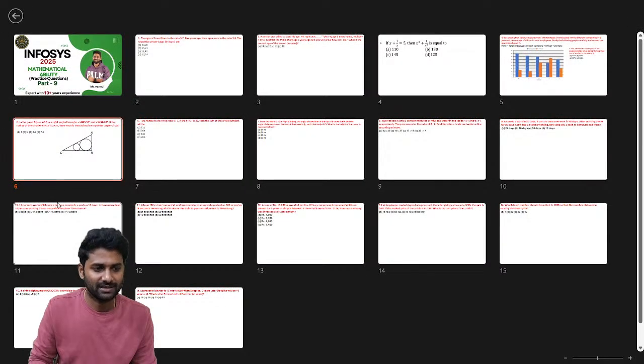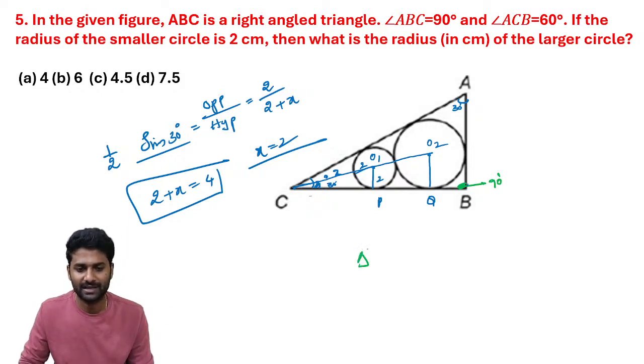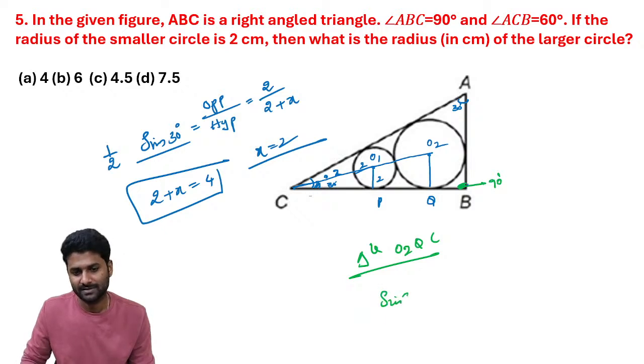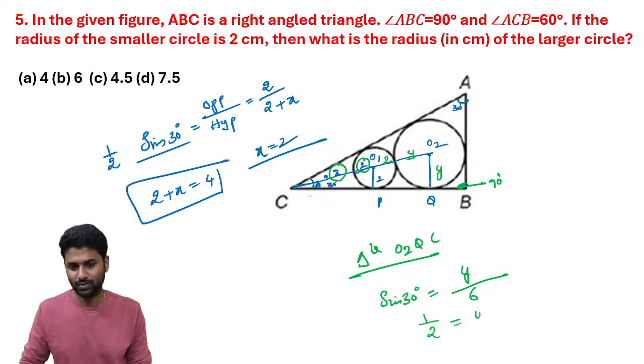Let's go for another triangle, triangle O2QC. Again see, sin 30 degrees is exactly equal to... So this is x, this is 2, and this is 2. Let's say this is y. Now the total value, from here to here, is y. So y divided by, you know that x value is equal to 2, 2 plus 2 plus 2 is equal to 6. So here 1 by 2 is equal to y by 6. Then y is equal to